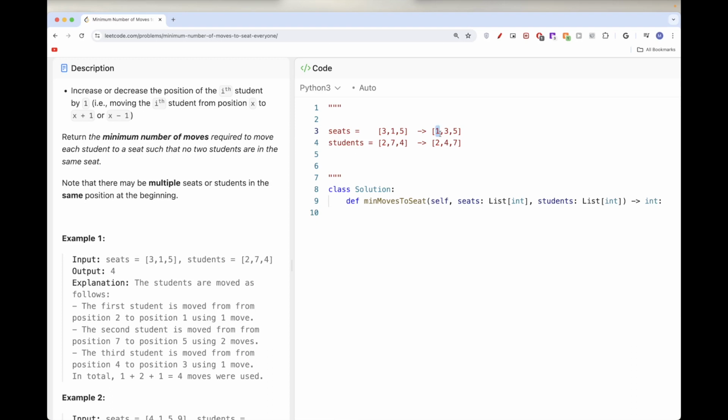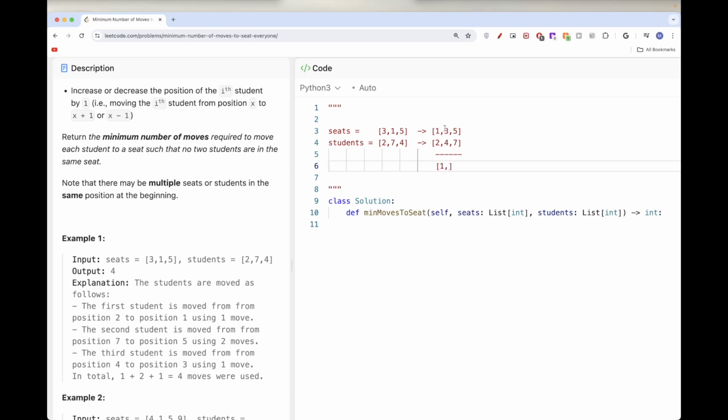We'd have to take it or leave it, but we can't leave it because the number of seats is exactly the number of students, right? So they have to take this one, and so we just take the difference. What's the difference? It's 1. Between 3 and 4, we have to decrement 4 by 1, so the difference is 1. Between 5 and 7, we decrement 7 by 2. And so we just take the sum, which gives us 4. That's what we need. Okay. So that's the approach we can take here, which is basically to sort both. That way each one is as close as possible to the most optimal seat. See how many operations we need to move the student to that seat, and take